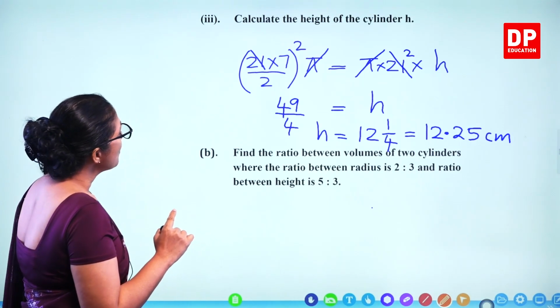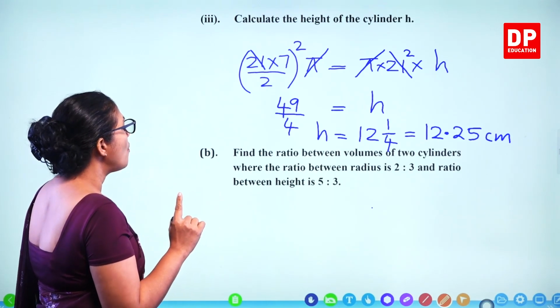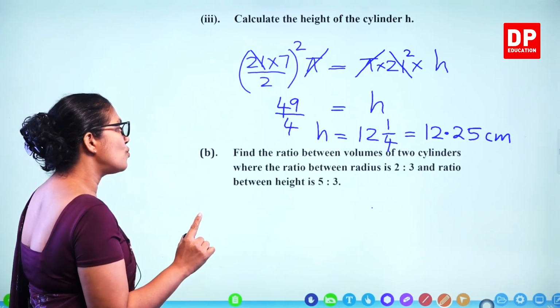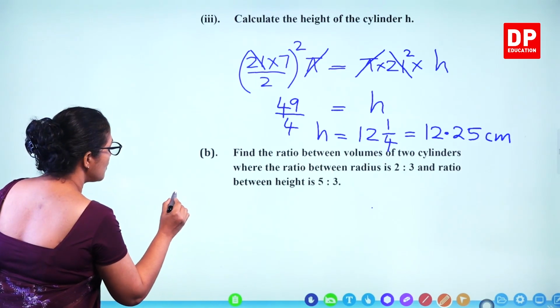The next part: find the ratio between volumes of two cylinders where the ratio between radius is 2 to 3 and the ratio between height is 5 to 3. So that means